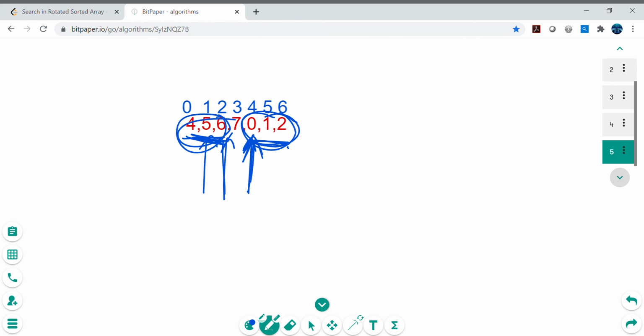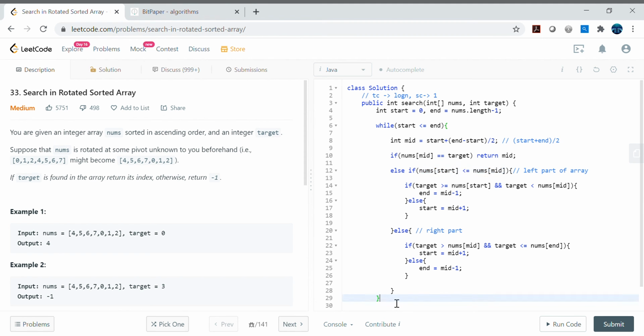It is kind of blocking, right? Blocking means we check this bucket and the right bucket as well, see where the target lies, and move start and end accordingly. In this process, if we find mid equals target, we return mid. If not, then at the end we return minus 1.